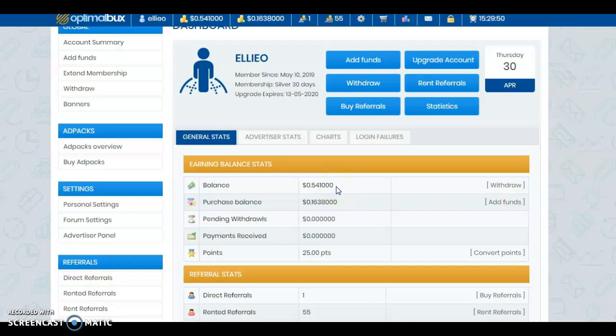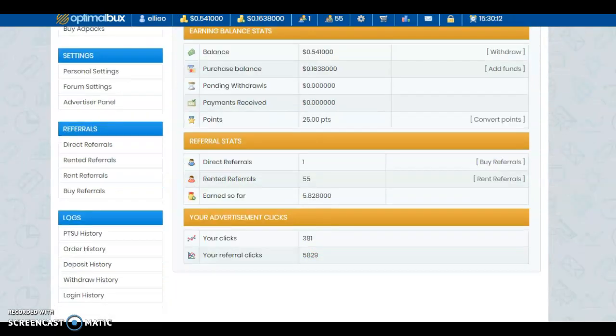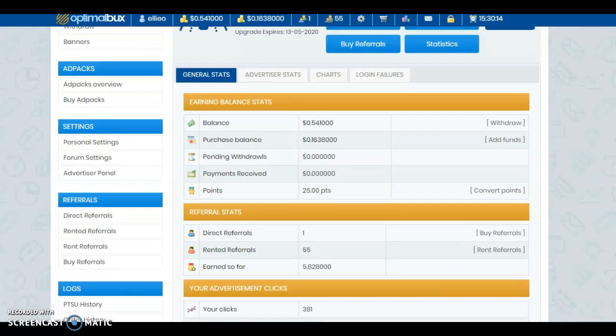So it's been one night or one day since. What I do is then I move the funds across from here into my purchase balance, and I'll be using that money to actually extend the rented referrals. So you can see here I have 55 rented referrals. I have one direct referral, wherever that person has come from, I'm not quite sure yet. But